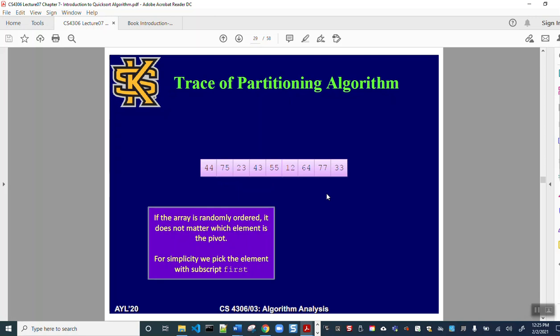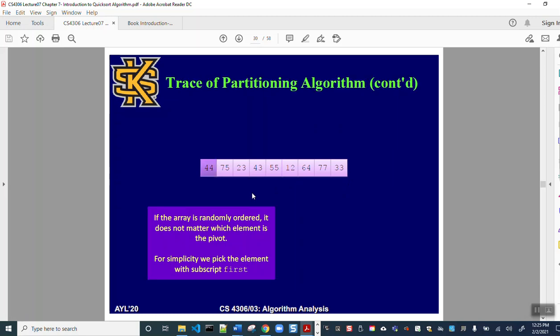So in the partition algorithm, what is our goal? Actually, we will get a pivot element, and all the elements on the left side will be less than the pivot element, and all the elements on the right side will be greater than the pivot element, in case we want to get a sorted ascending order. Okay,